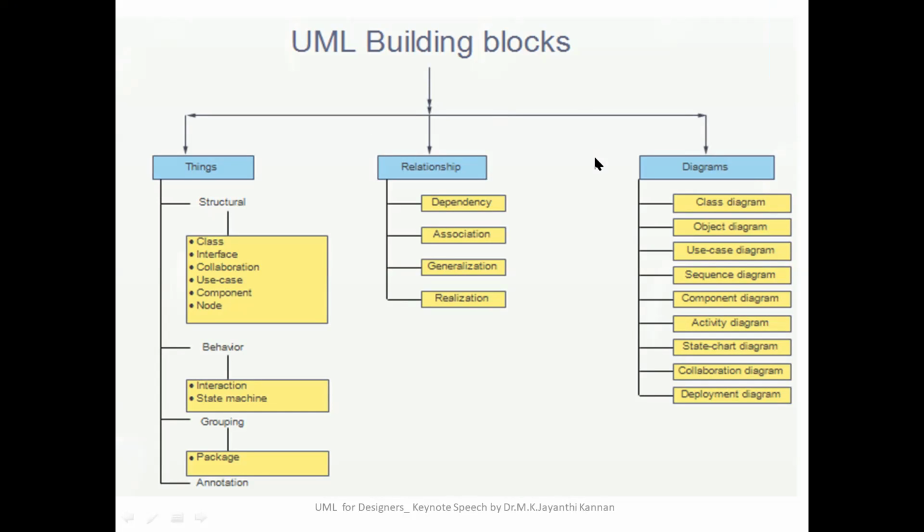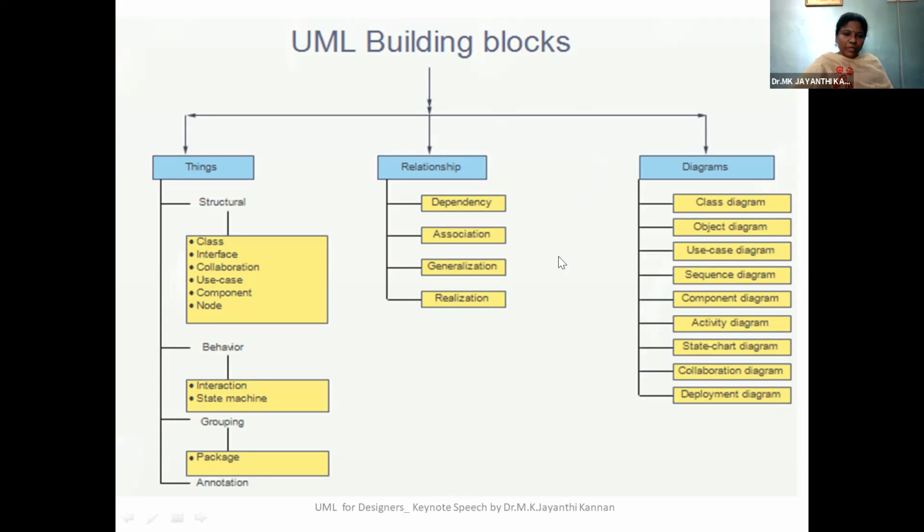Yes, ma'am. So far in module 2 and 3, we were discussing UML, Unified Modeling Language. If you get the overall idea of what is what and where to use which symbol, it will be easy for you to understand and remember, and you can design on your own. Say for example, UML building blocks have 4 things, 4 relationships and 9 diagrams. You can count. There are only 9 major diagrams.